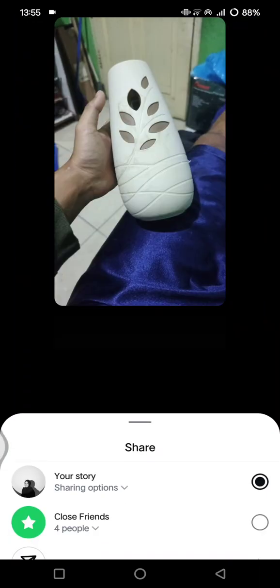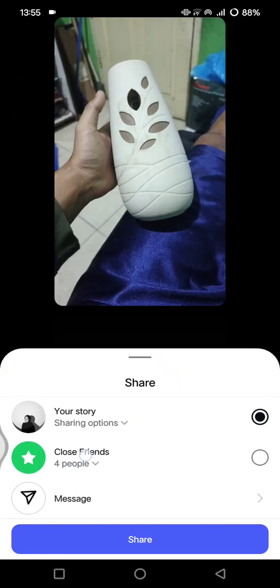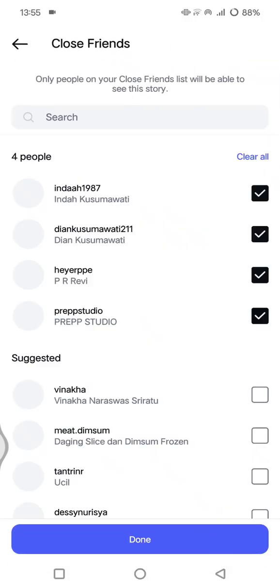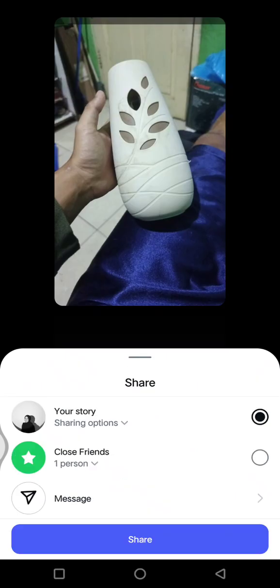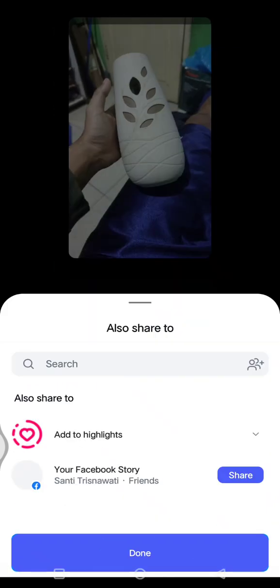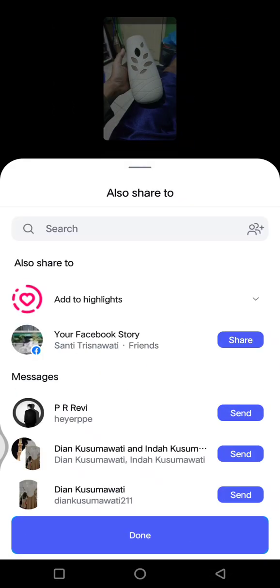Here you can tap on this arrow first to adjust your close friends. You can click on this and choose only the friends that you want. Make sure that it doesn't include people who often interact with you on Instagram, so they don't see it. You can just tap on that. Now you can just click on share, wait a few seconds, and